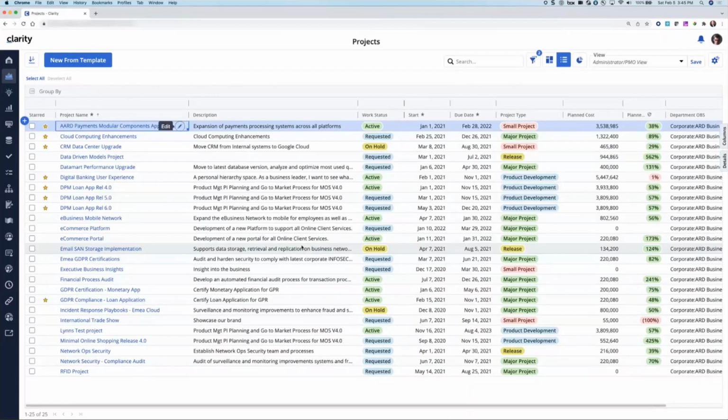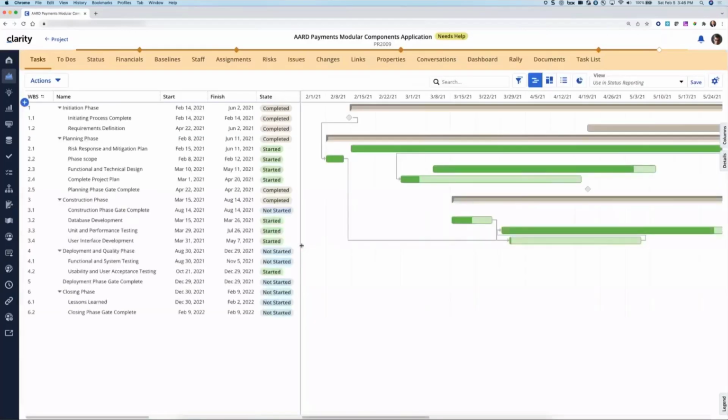So here's the example of the help text being presented on keyboard focus. If I were to hit return again, it'll take me into the edit mode of this name. I'm not going to do that right now. Again, this is a capability that was delivered in the last release. What we're focused on here is the fact that the help text was presented for navigating into that cell. So I'm going to hit enter one more time, and now I'll do it again because I want to put focus on the name of the project. That's an actual link. So I will select the enter key to navigate to that project